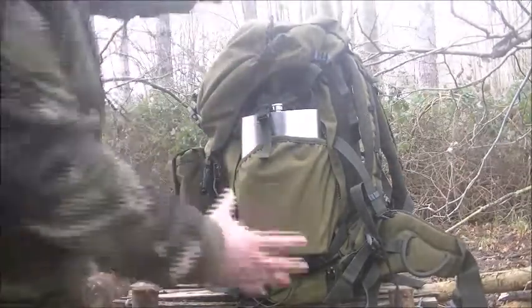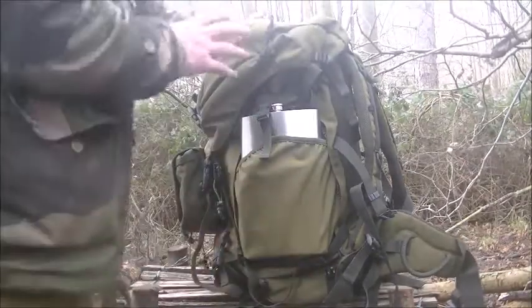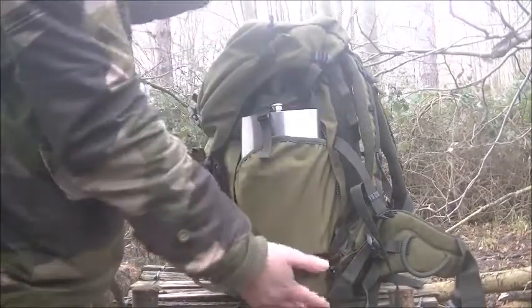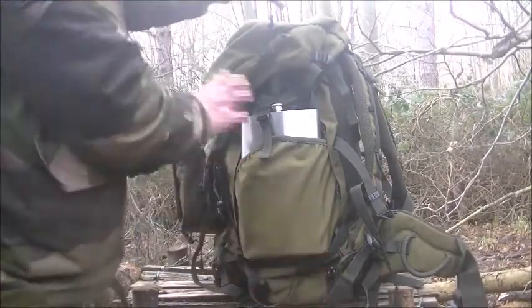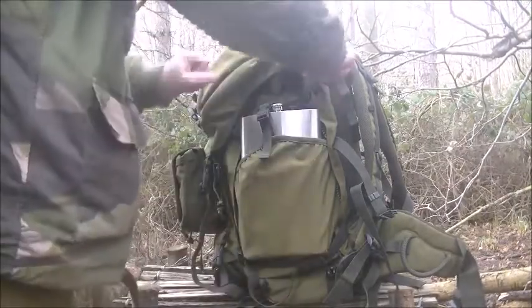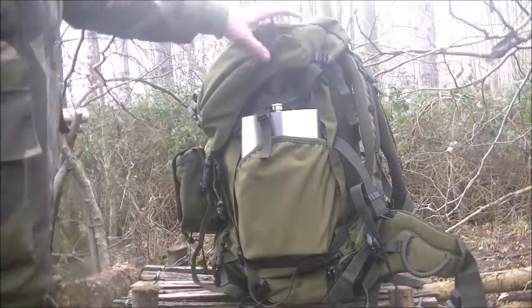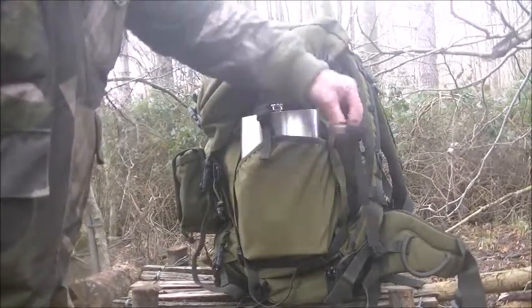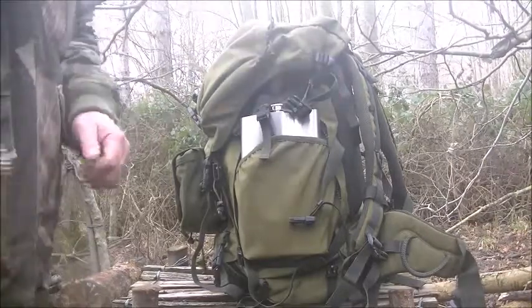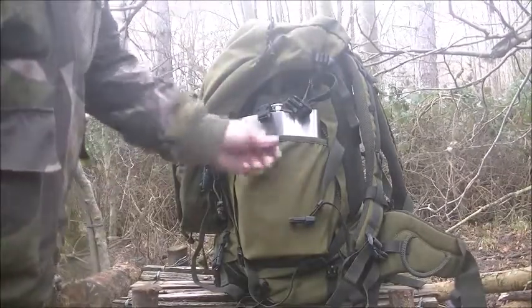So ladies and gents, on this side, you know when people have the roll mat, I've designed a pouch that will take my roll mat. It'll take some poles for whatever tent I'm going to be using, and on this side of the actual circular pouch, it will roll down at the top and clip round. It will attach to the side of this Bergen with the 3 side clips, so it will come off if I need it. I can take it off and walk to wherever I'm going to put up my